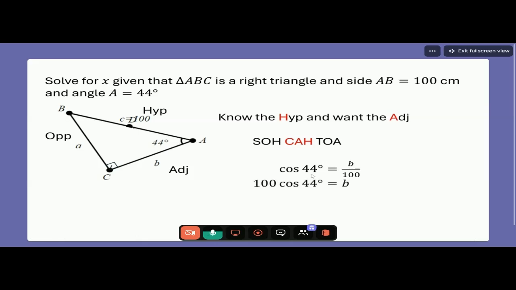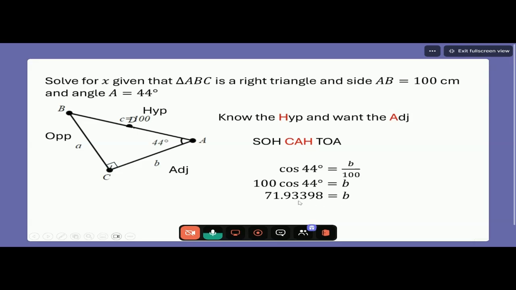Whether you turn that into a ratio, some people like to put the cos 44 all over 1 and do some cross multiplying. That's great. Or you might multiply both sides by 100. That's also great. Whatever method you use to get to this here, 100 times the cos of 44, then plug that into your calculator. I would calculate cos 44 first, and then once you have that decimal on your calculator, multiply by 100. You get 71.93398,